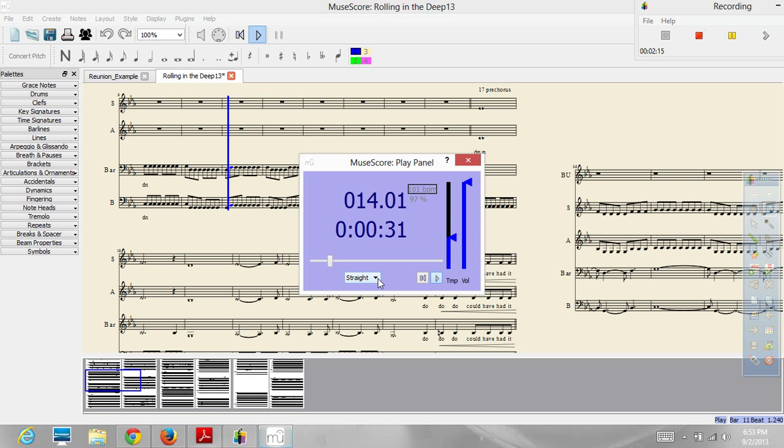If you want to mess around with tempo just to hear it differently, we have a tempo slider. And we have no need of this, but if you want to shuffle, and it's not really shuffling a whole lot in my opinion, but anyway,